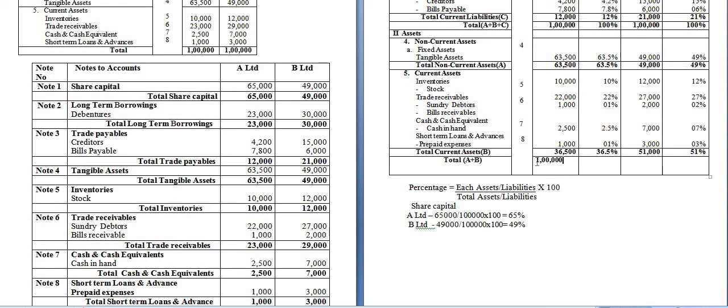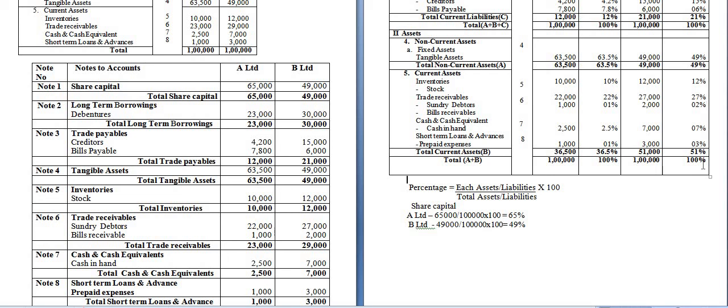Next line, in the percentage column, write the percentage. Here the percentage will be 100. How has this 100% come? 1 lakh divided by 1 lakh into 100. Okay. B Limited, it is 49,000. Total of A is 49,000 and B it is 51,000. So 49,000 plus 51,000 is 1 lakh. Okay. So right here 1 lakh. Now the percentage will be the same, 100%. Okay. So this is the common size balance sheet of A and B Limited.